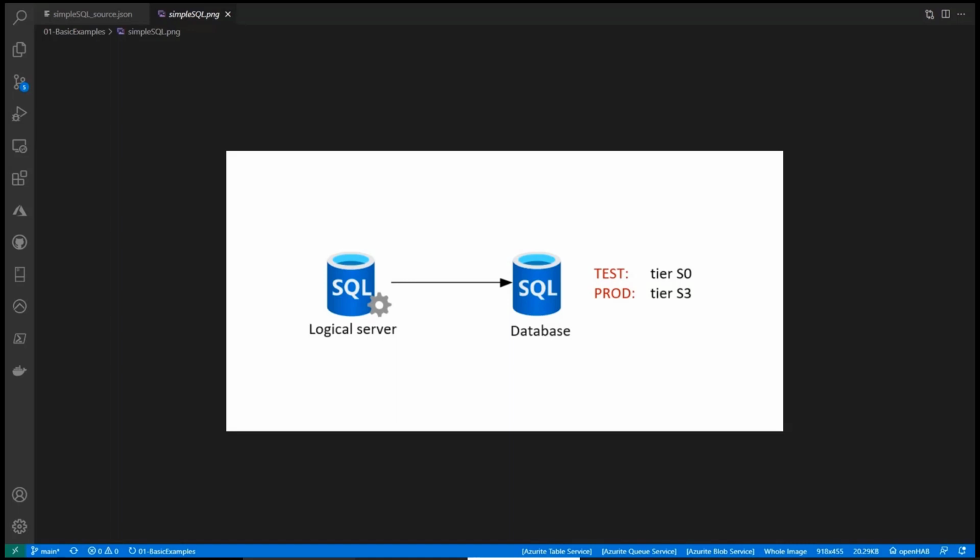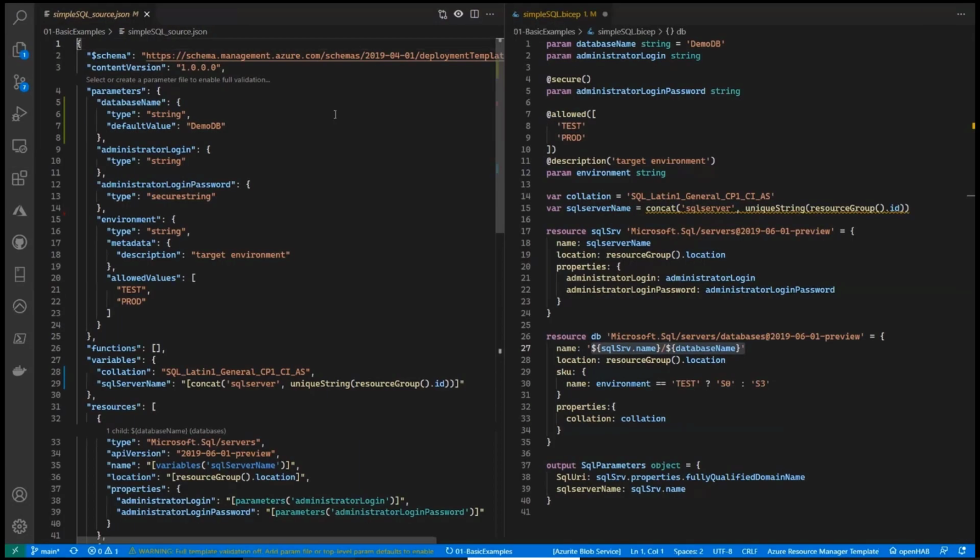Now, let's jump into the code, and here you can see everything. Well, I usually use this demo with an empty Bicep file and show how to convert the ARM syntax on the fly into the corresponding Bicep syntax. But today we don't have enough time to do this. So I'm showing you the final result of the translation,